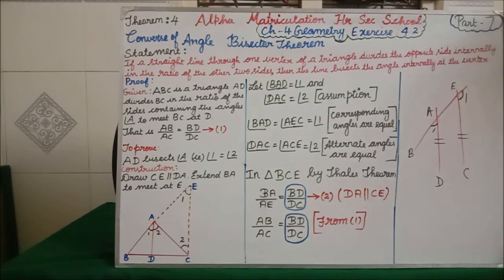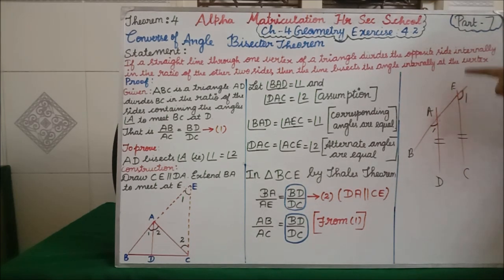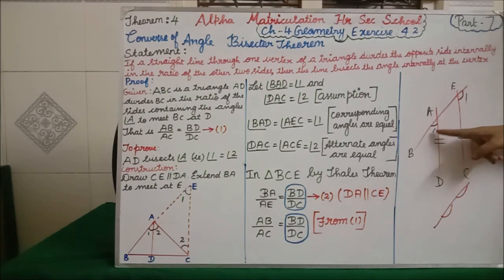How am I saying this? We all know CE is parallel to DA. So in parallel lines, if one line intersects, that line is a transversal line, as I told you in the angle bisector theorem. So this angle and this angle are both in the same direction, one angle here and one angle there. Both angles are equal; we learned this in 8th standard, isn't it? So both angles are corresponding angles. Clear all of you?